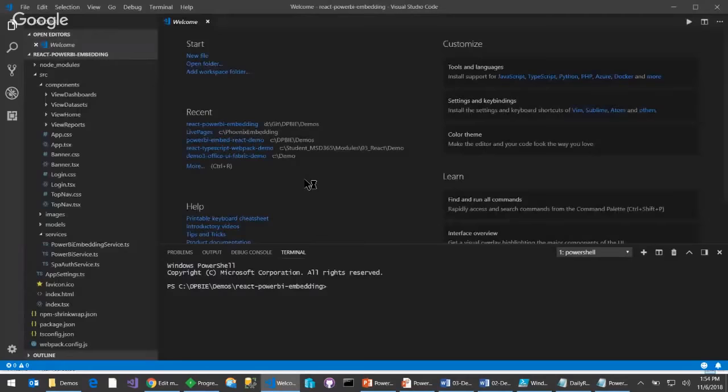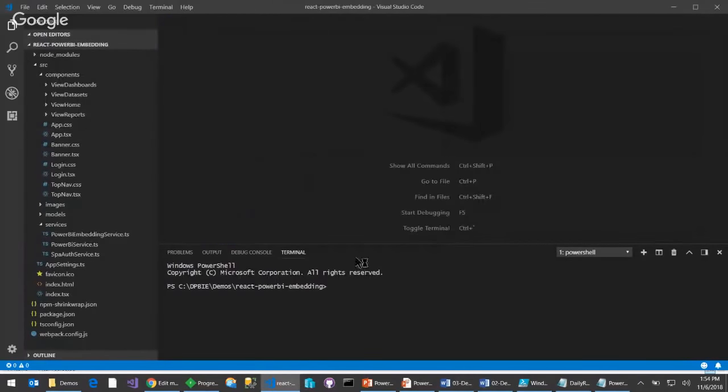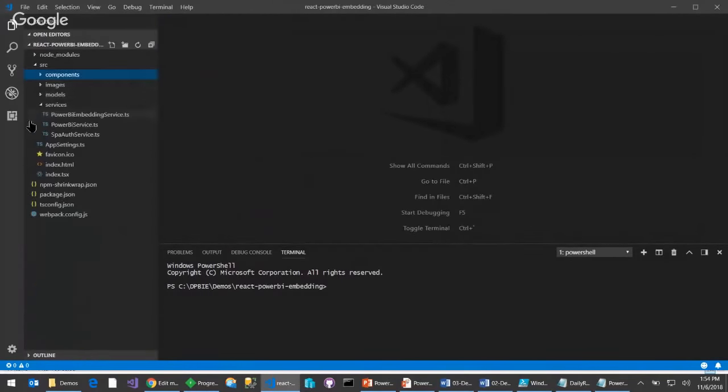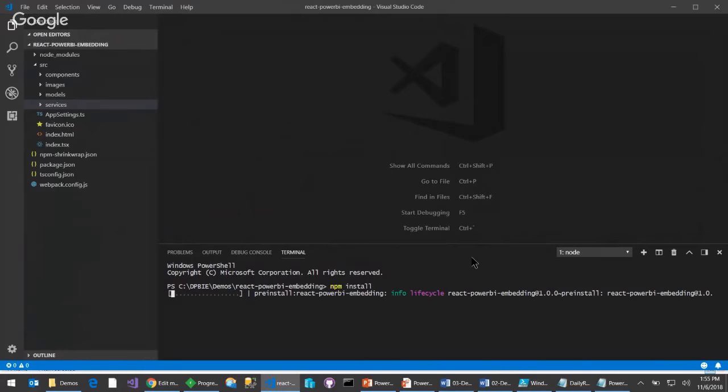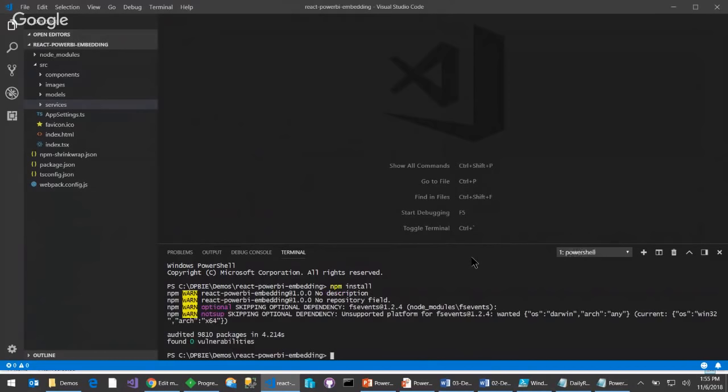Now, if this style of development is new for you, when you download a Node.js style application, you need to have Node.js already installed. If you say NPM install, that will basically download all the different packages. So as people like me put their source code up into a GitHub repository, we don't include all the third-party libraries. So that's why you have to run NPM install. Okay, now if I do an NPM run start to run this application,